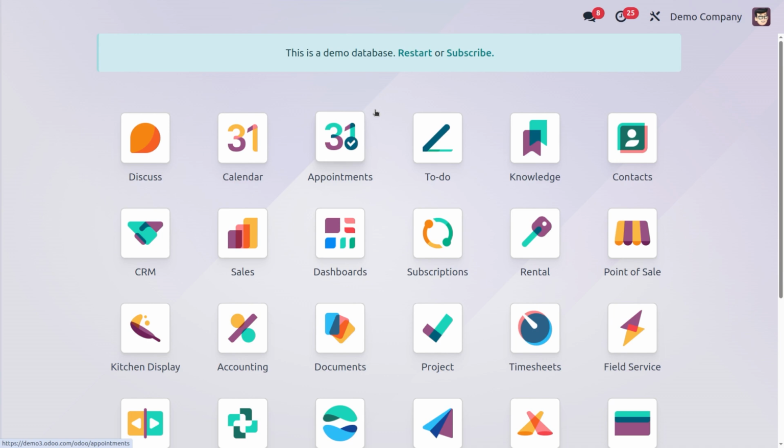Odoo has a feature that automatically fills in timesheets for you when your time off request is approved, which means you don't have to manually enter those days as time off on your timesheet. Is it very easy? Right. So let me show you using some simple steps how we can request it and how it actually appears in the timesheet also. Alright, so first of all, we need to tell Odoo what kind of time off we are actually taking.